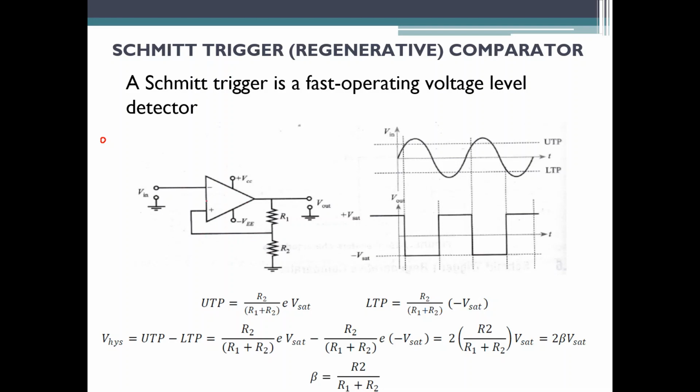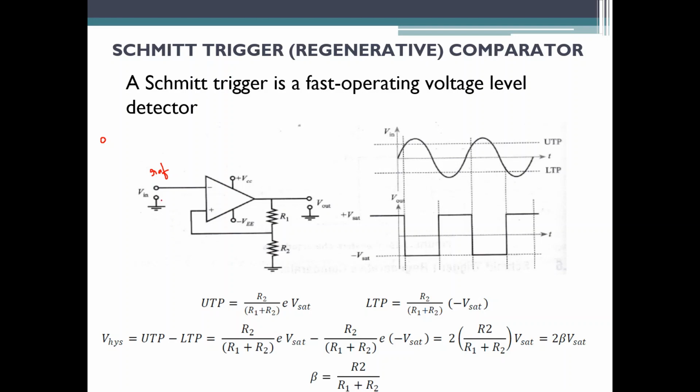Coming to the working of this particular circuit, we are speaking about the Schmitt-Trigger circuit. You can call it a fast operating voltage level detector, which employs positive feedback as explained. So, you need two voltages here, right? One is grounded and one is obtained from the output side. The voltage that is grounded, we will call the reference voltage, because I said I'm going to compare. When you are going to compare, you need to have some reference, right? So the reference voltage is actually the ground voltage.